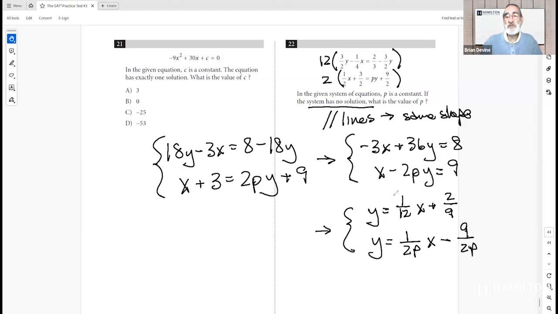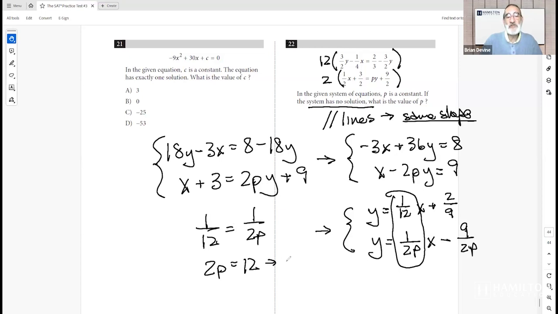Now, I'm only worried about the slope, so these two have to be equal for the lines to be parallel, which means they'll never intersect. So if 1 over 12 equals 1 over 2p, then 2p must be 12, and p would have to be 6. So p is 6,